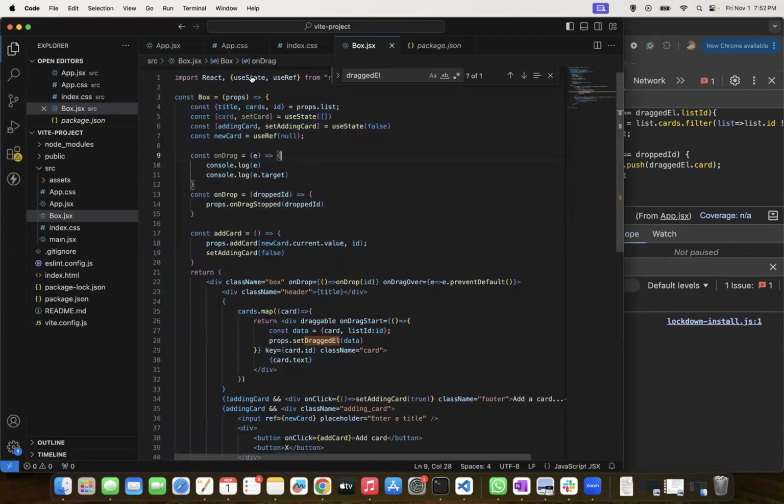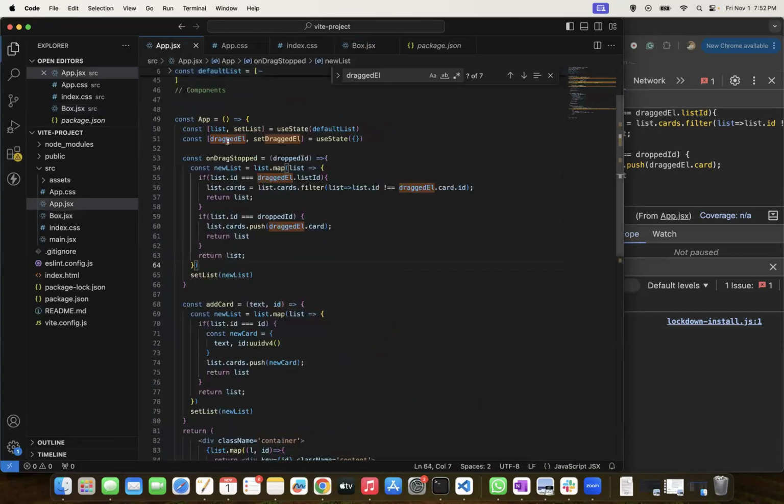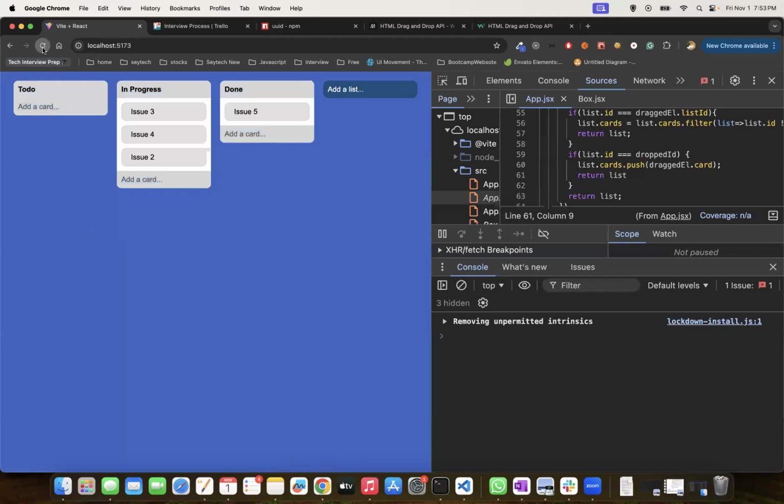Higher lower container. So inside the container, I'm storing the dragged element. And now I have this element and I am doing this. Okay. So yeah, and now let's add one more thing. This one you guys can add. So right now, if I do,